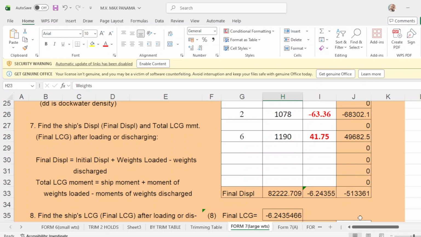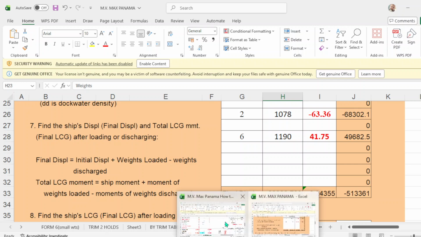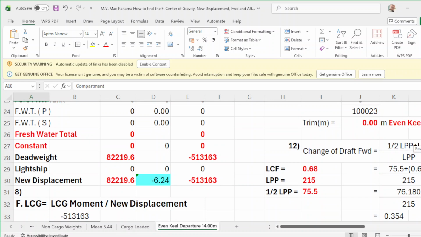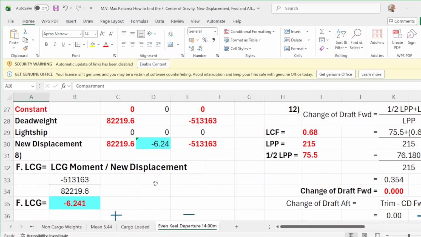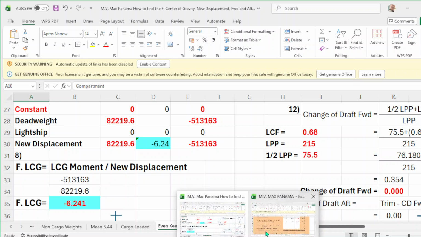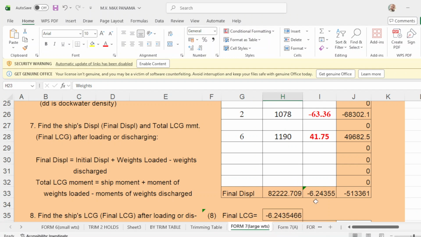The total LCG moment is negative 513361, and the manual is negative 131363, and the final LCG, which is number 8, is negative 6.24, and the final LCG in the program is negative 624.